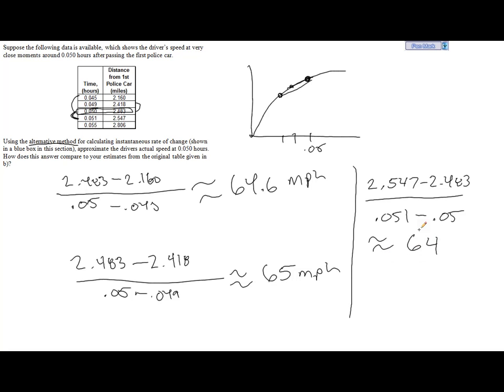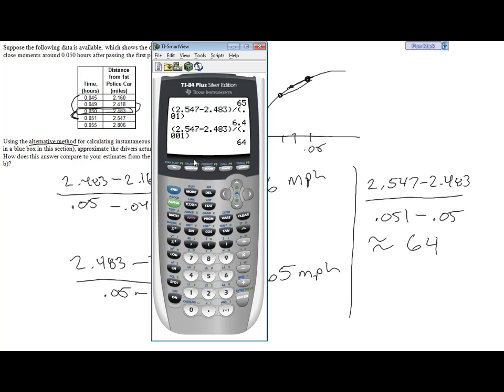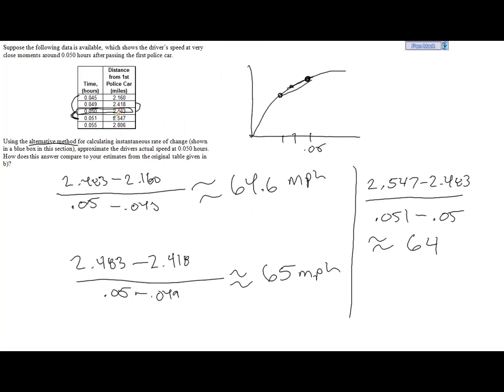0.001 and that gives us 64. Okay, and so it looks kind of interesting here because it appears that our slope goes from 64.6, it goes up to 65, but then it goes back down to 64. So let's just ensure that we're considering this correctly, and now just find one more rate of change between 0.05